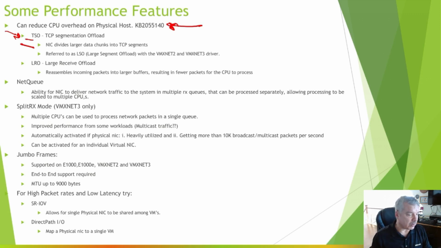If your card supports this TCP segmentation offloading, the NIC does that. So that offloads processing from the CPU. So that's a good thing. The reverse of that is large receive offload, which reassembles the incoming packets into large buffers, resulting in fewer packets for